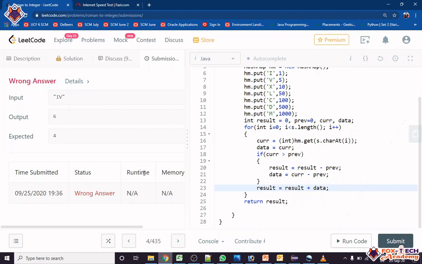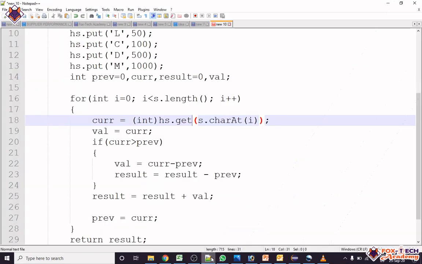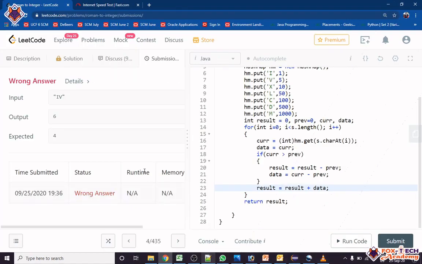Oh, I have made one mistake here, right? The mistake is that I didn't write any line for the previous number. It means I didn't store the previous number anywhere. Our loop is running each time, so before running the next iteration of the loop, we have to use the current variable as the previous variable. So we'll use prev equals current.